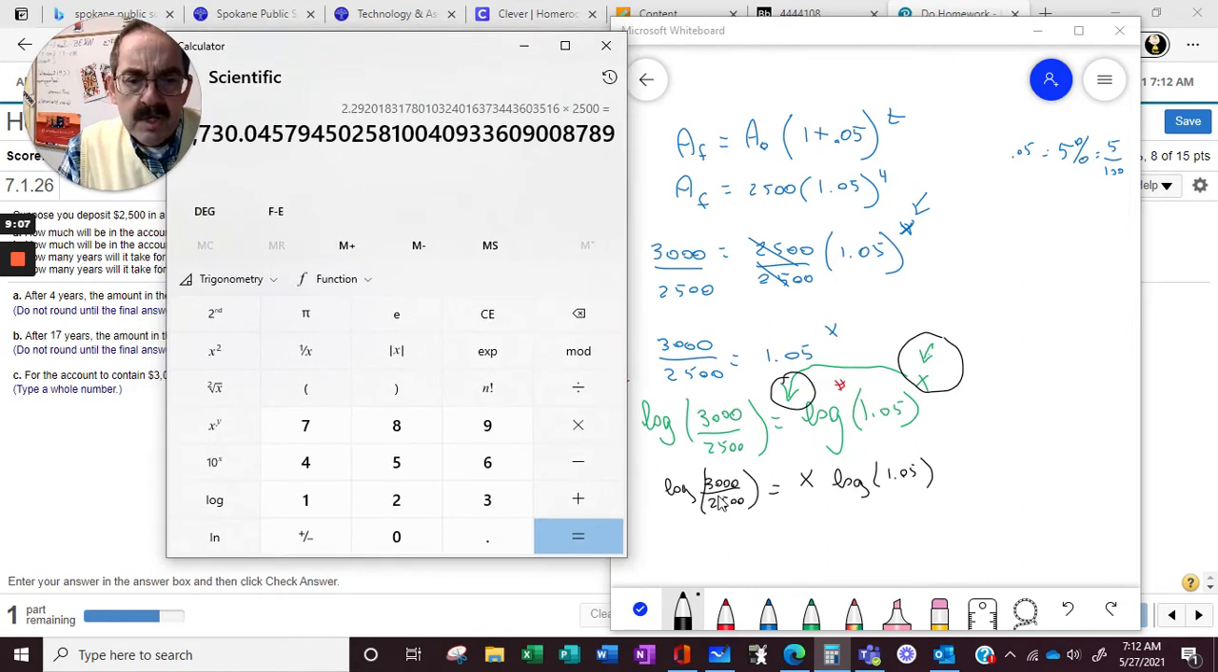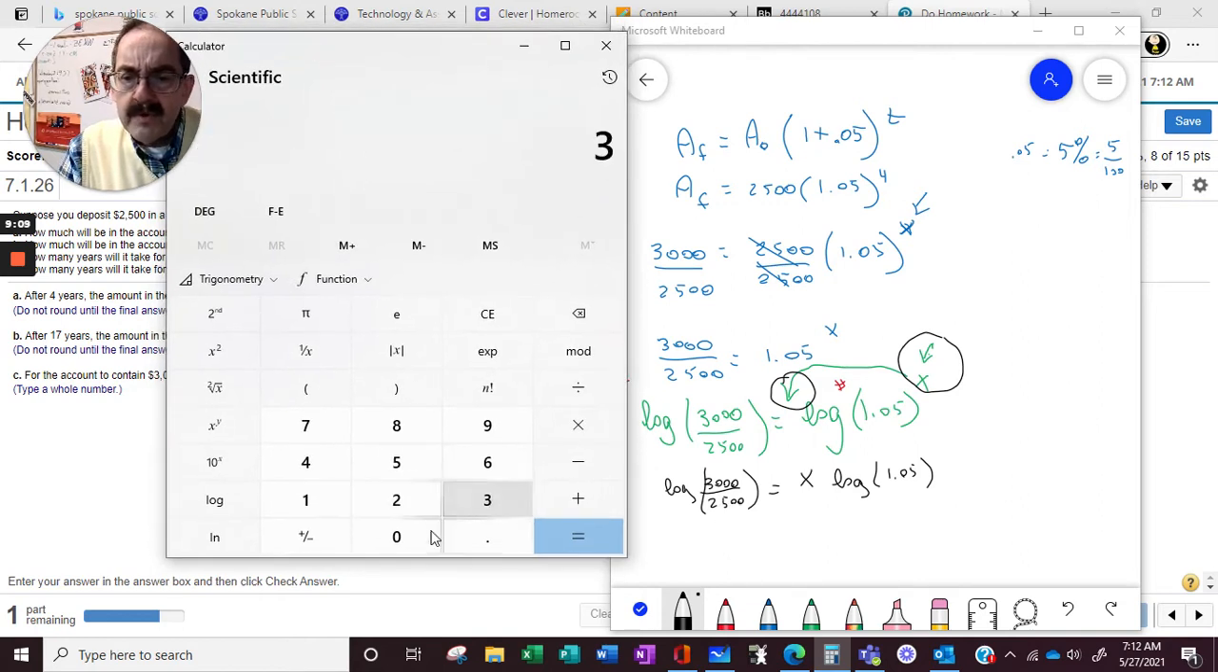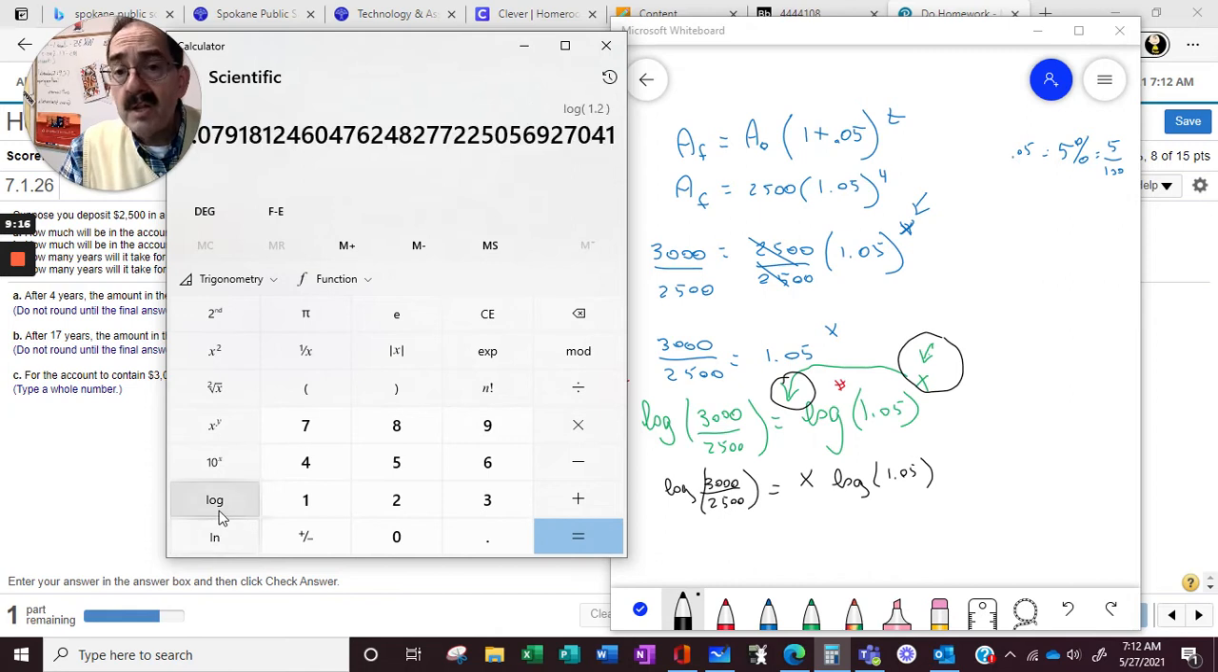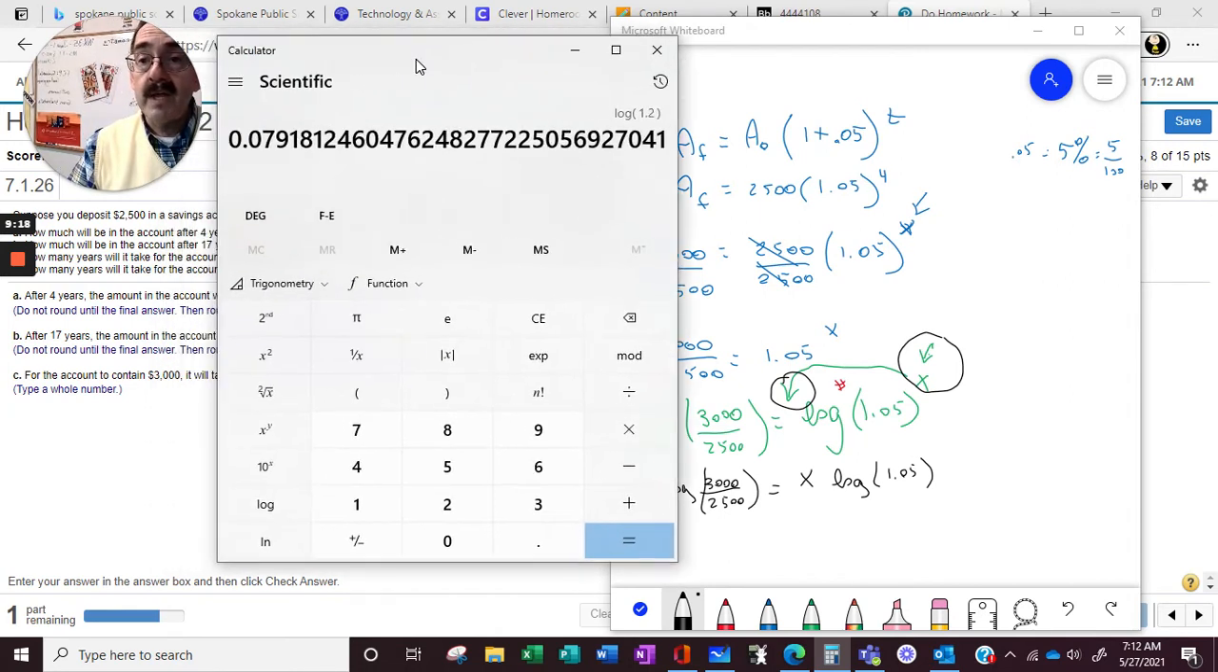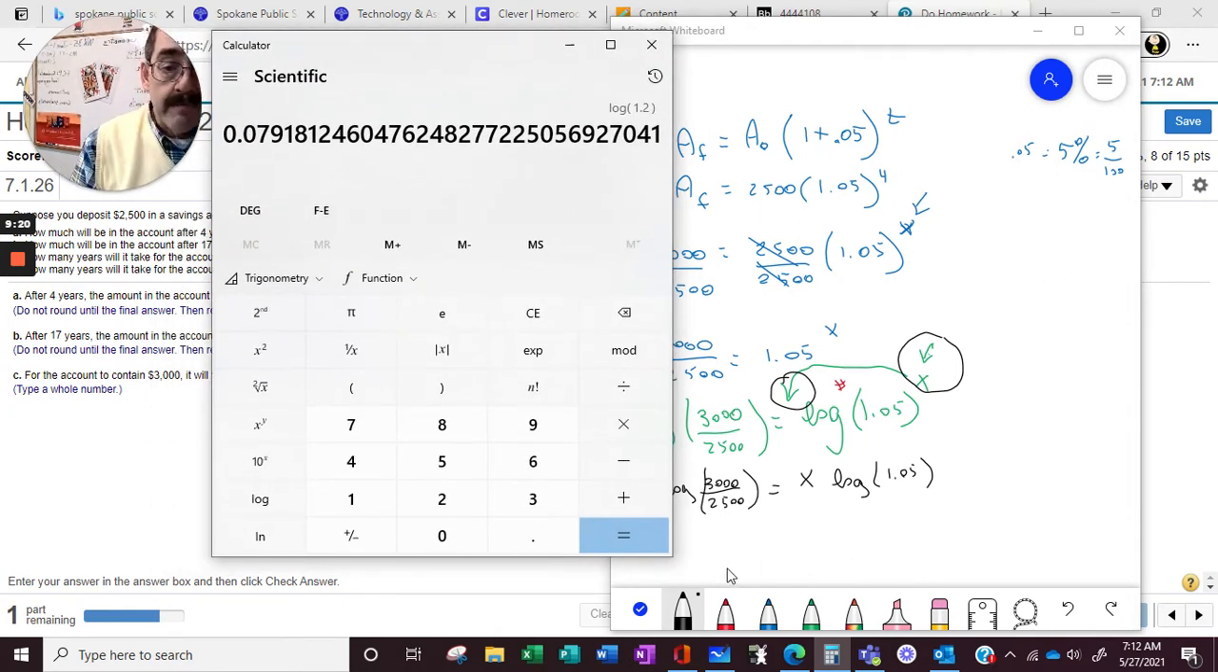And let's go log 3,000. Okay, so 3,000 divided by 2,500 equals log. So we got this ugly number, okay? 0.079. Okay, so